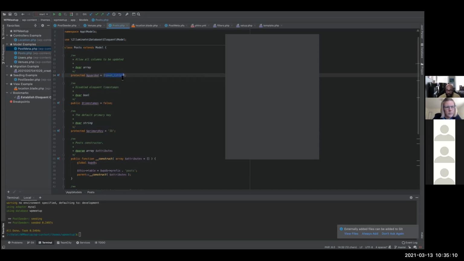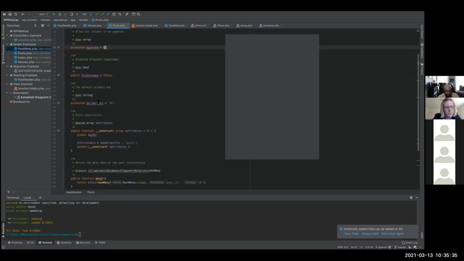If I leave this empty as I did before, everything's open, and I can save to any field in that database. It's nice to prevent accidents, where maybe there's a default value in a field and it shouldn't be changed via this method, then it's guarded. Timestamps, if you want to do timestamps, basically created and modified. Right now I have false because the way WordPress does it is different than how this does.